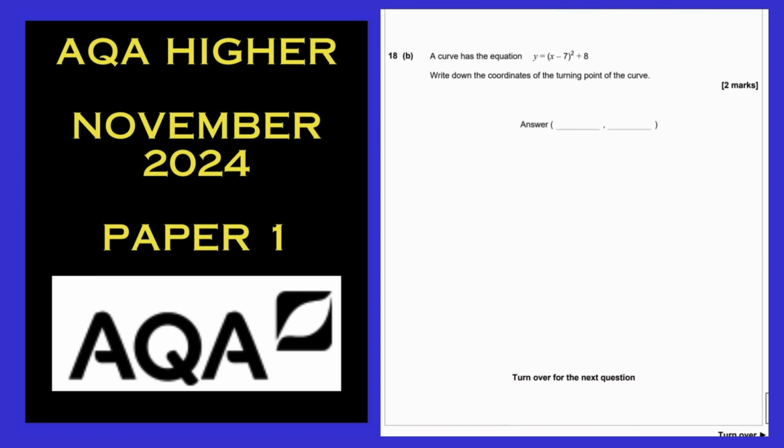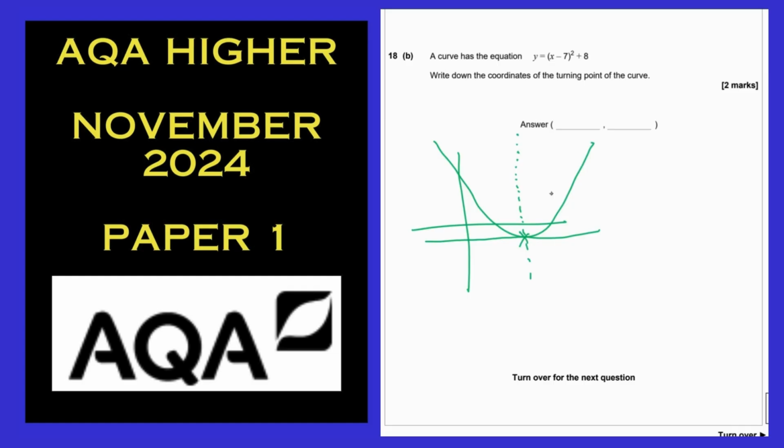18b, I'm scrolling down so I can use the blank at the bottom for a bit of illustration. Don't forget that when you've got a curve, the minimum point, also known as the vertex, is also known as the turning point. It's the point where the gradient turns from being negative to positive, or vice versa. Write down the coordinates of the turning point, which we know as the vertex,